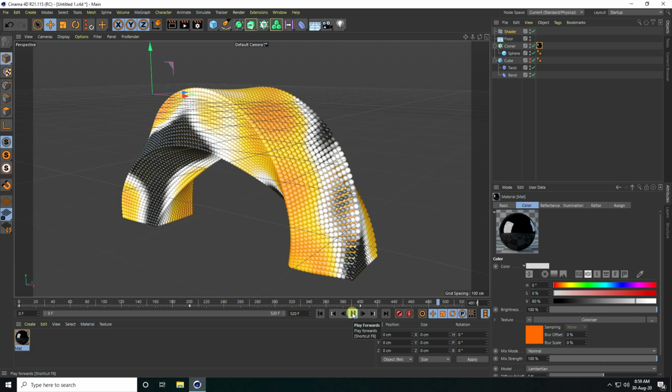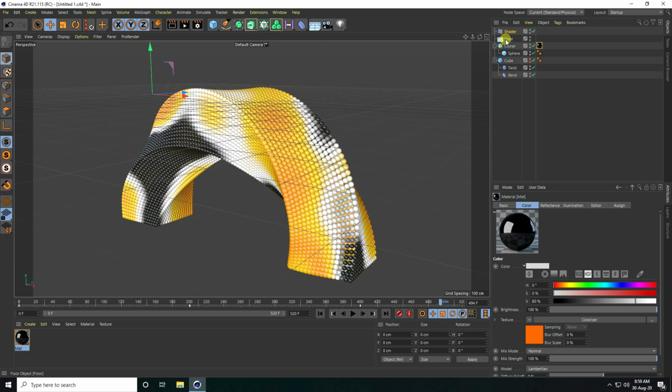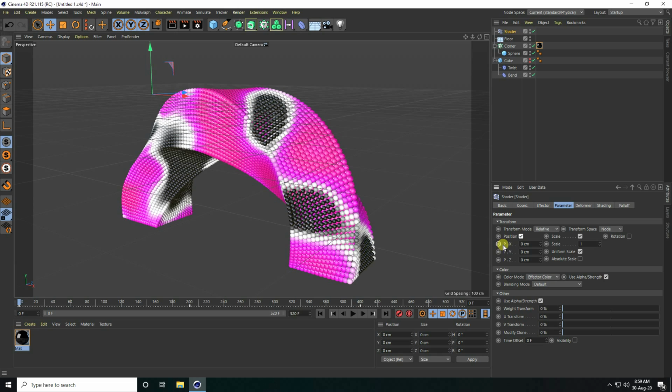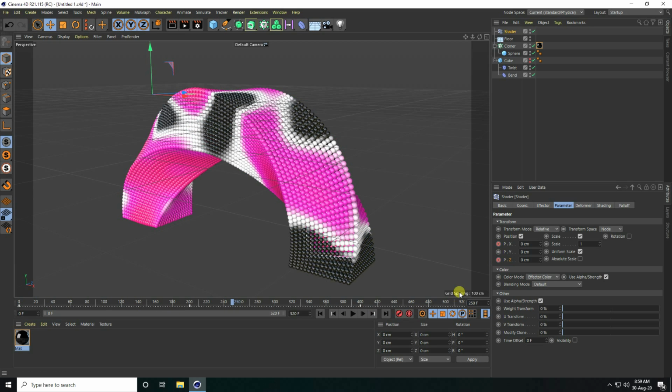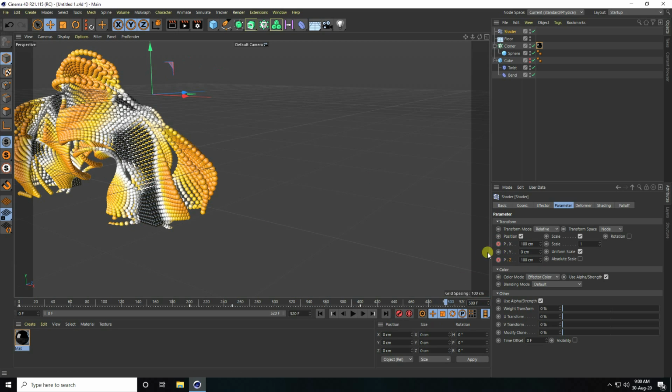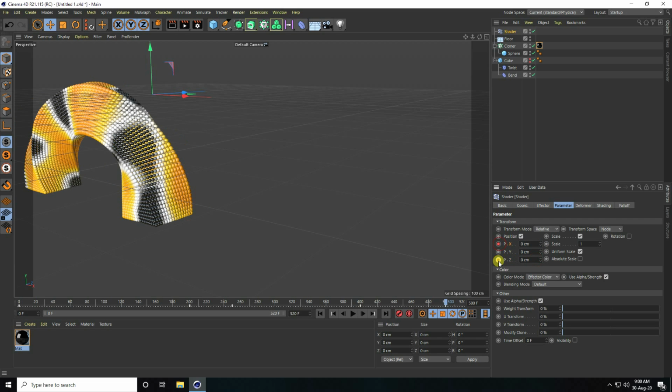So stop this animation, and go to shader and parameter and check position. Yeah, and guys, create animation. Click here, P.X position, and check position. Now I go to frame 250, and position I take 100 and 100. Yes, click here. Then go to frame 500 and position the same, 0 and 0, click here and check.